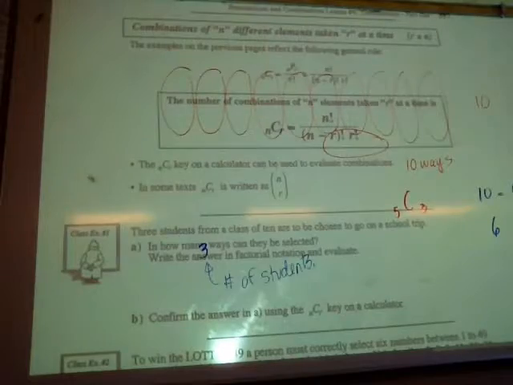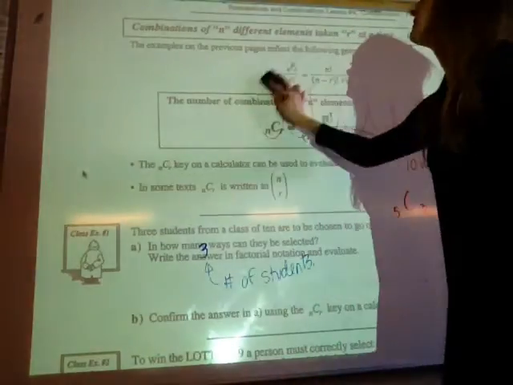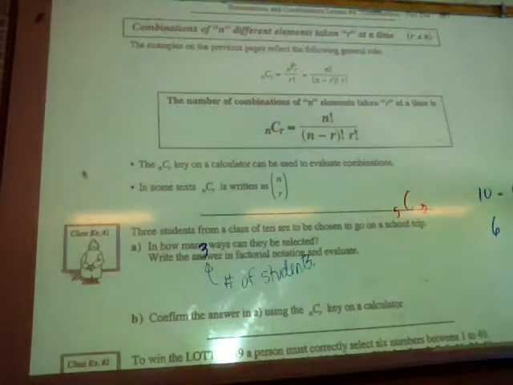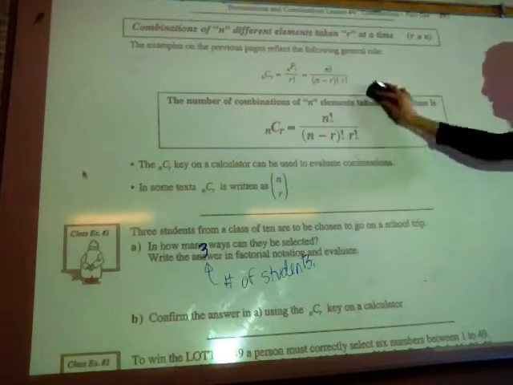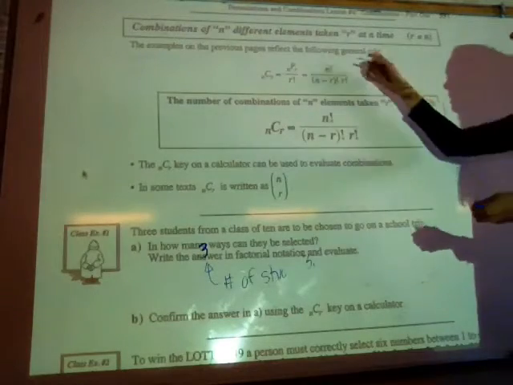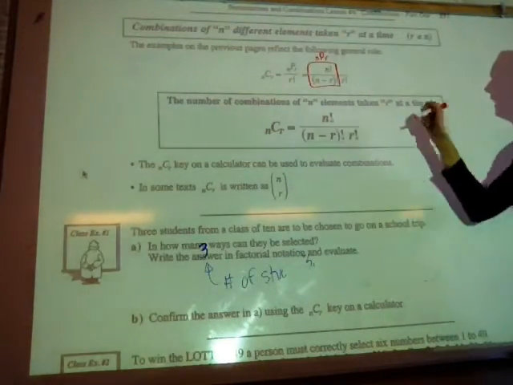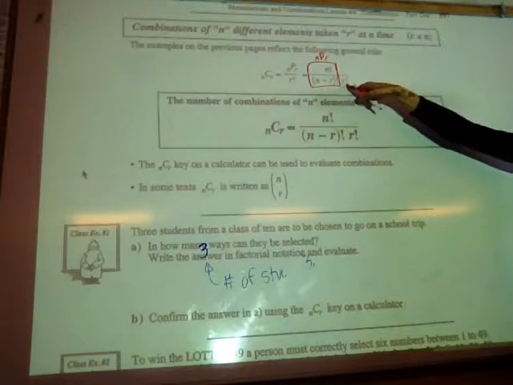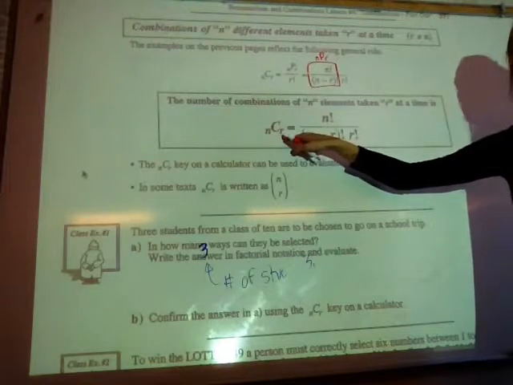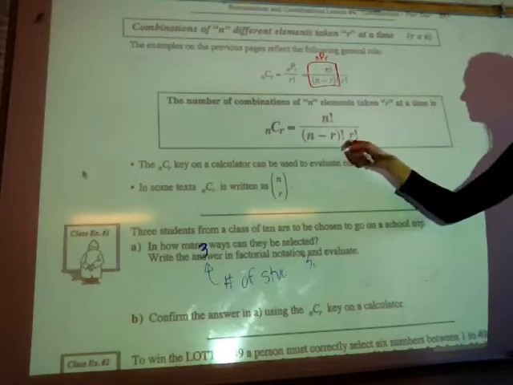So this gives us the combination formula. So combinations of n different elements taken r at a time. It's basically looking at the number of permutations divided by r. So this right here, that's the equation for nPr. And then we're just dividing by another r factorial. Okay? So n elements, choose r at a time, is equal to n factorial divided by